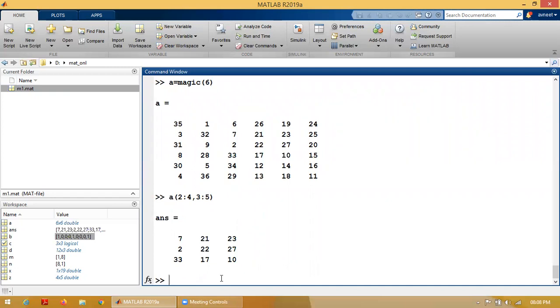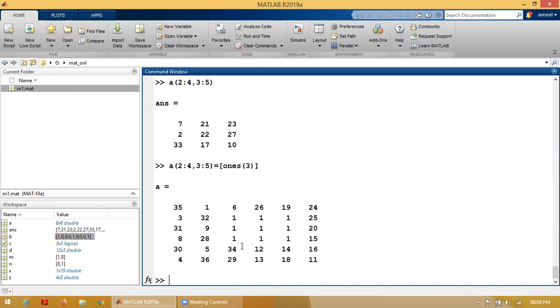And if you want to change the value, just put equal to, and here I'm using ones of 3. 3 means if I have chosen this 3 cross 3 matrix, I need to replace them with the same size. Okay, so here I'm using 1, 1, 1. Ones is a predefined function which will create the ones matrix of n number. N could be anything. Here I have used 3. Okay, so this is how you can use the subscript value and index value. Okay, one thing,